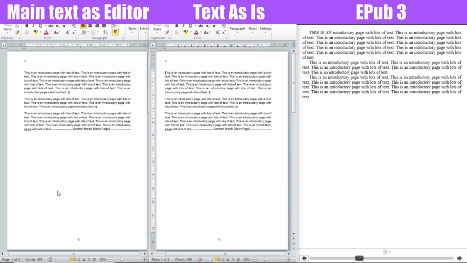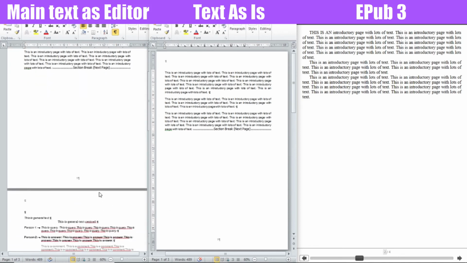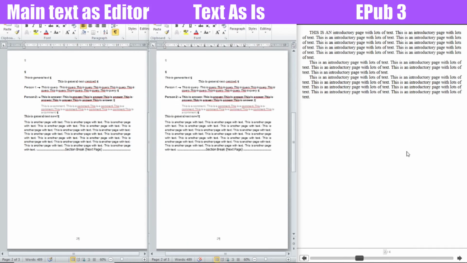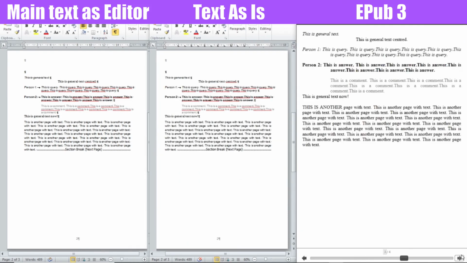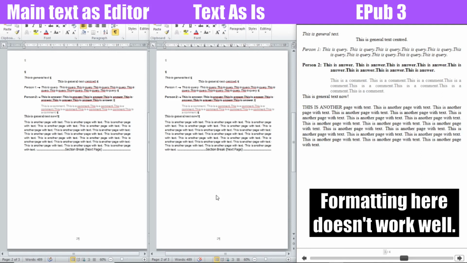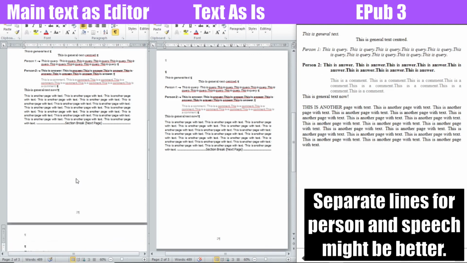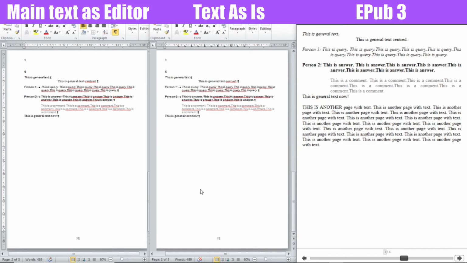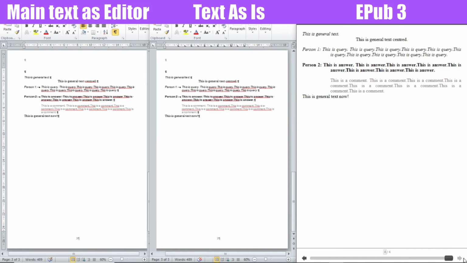So, in Word, the main text as editor and as is work exactly the same way. In all the formats, as is requires a page break before. This means every interview will have a new page. You can have the interview first with plain text pages afterwards, until you get to the next interview. Or the other option would be to format every change of style with a page break before. This, of course, can be changed manually in a Word document after compile.